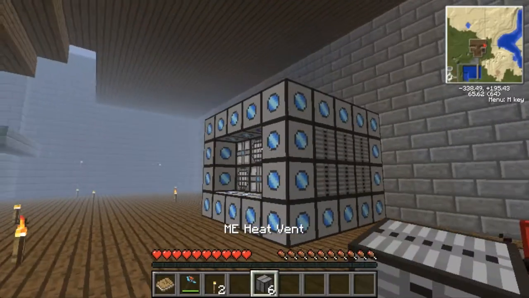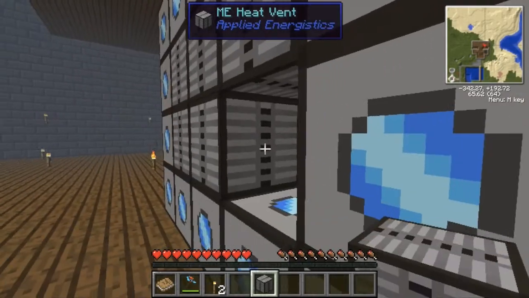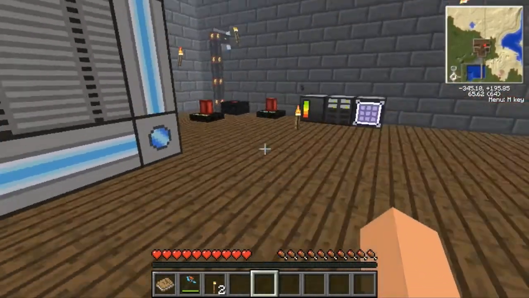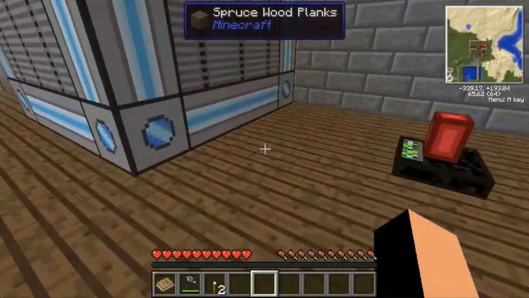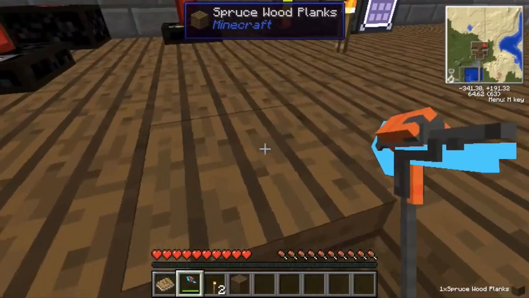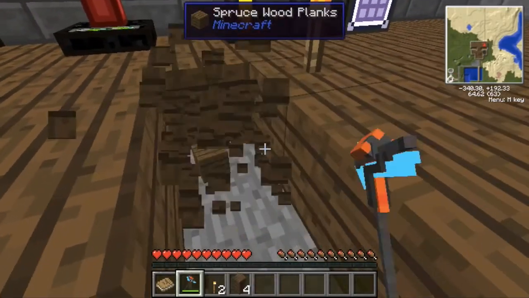And then hopefully this will transform into a big blocky computer thing. There we go. That's what we like to see. Now I need to connect these two up underground. So yeah, I'll just dig up the floor a little bit. And then we can get going with the...